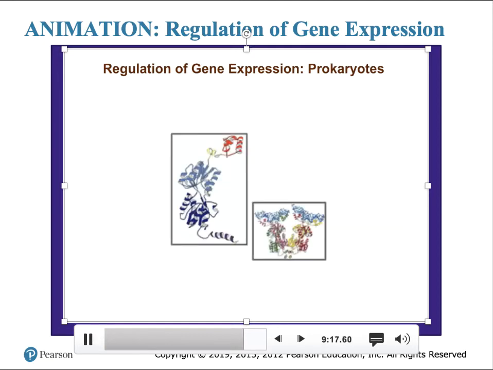The lac operon is a gene cluster composed of a promoter-operator region and 3 structural genes that function in lactose metabolism. These genes are coordinately regulated by a negative control system. In the absence of lactose, a repressor protein produced by the lacI gene binds to the operator region of the operon and represses transcription of the structural genes. If lactose is present, however, the repressor is prevented from binding to the operator and transcription proceeds.